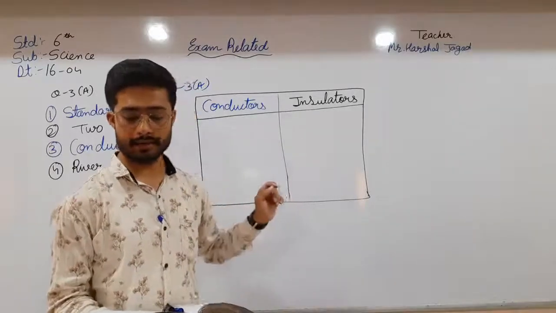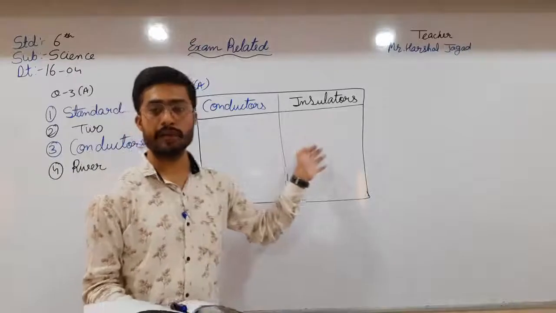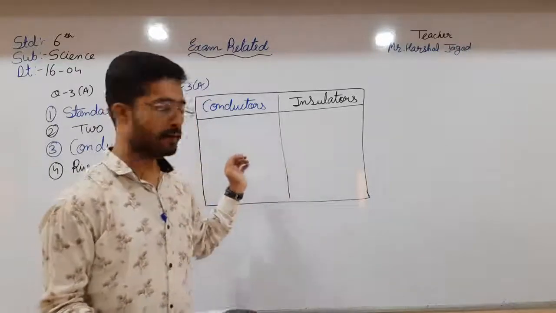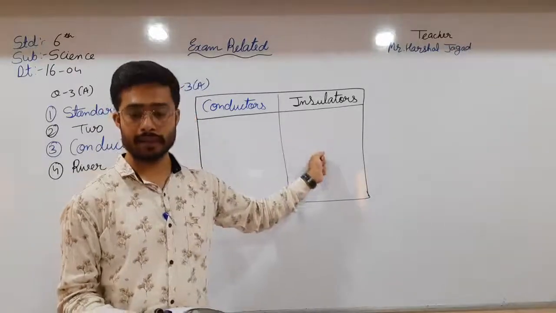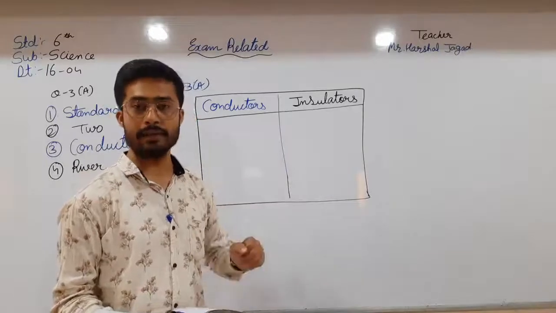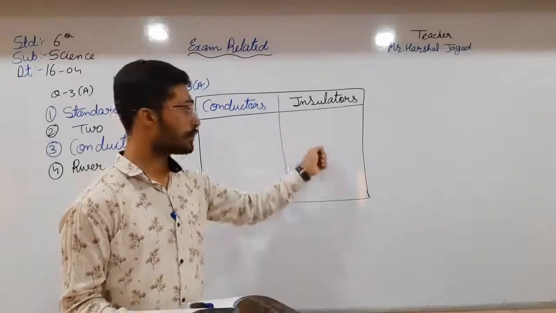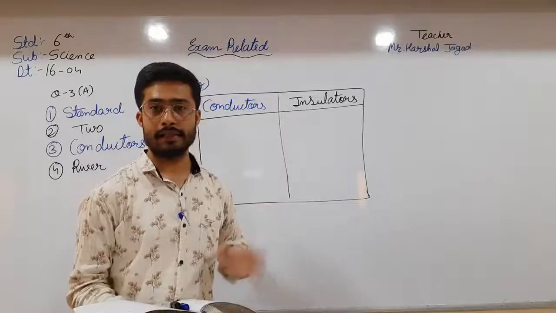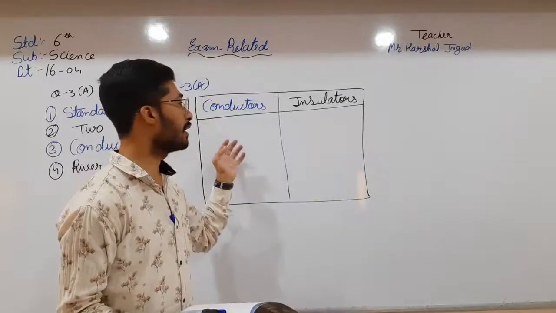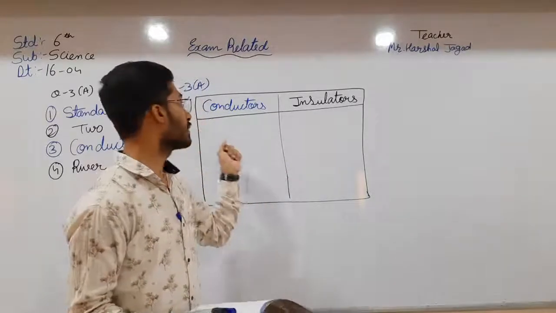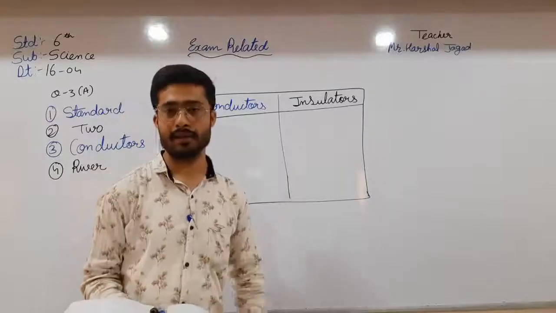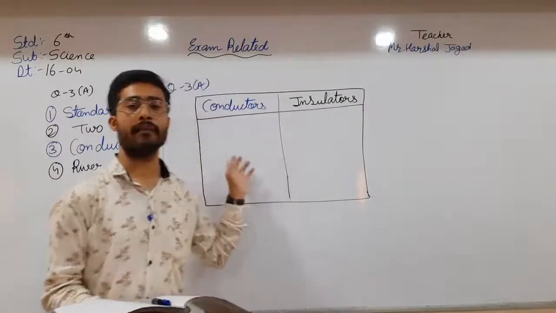Then after pencil, is it a conductor or insulator? Then after eraser, is it a conductor or insulator? Then after plastic handles, is it a conductor or insulator? Then after cells, the power cells, is it a conductor or insulator? So you have to write according to that by making a box